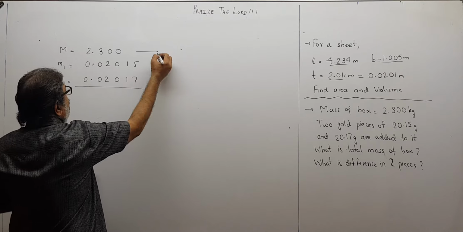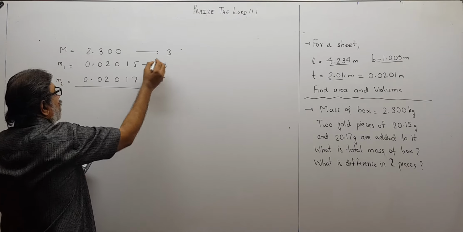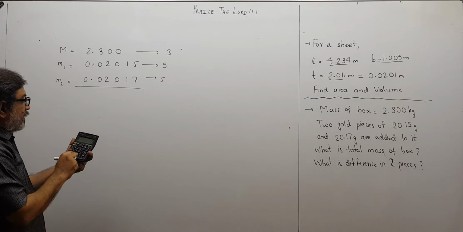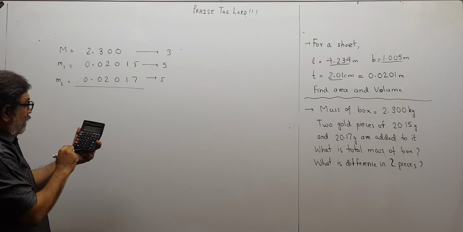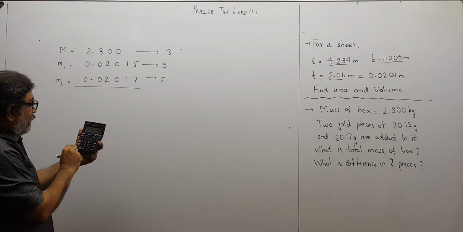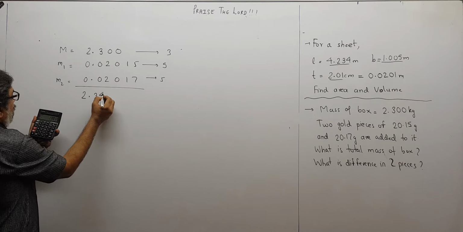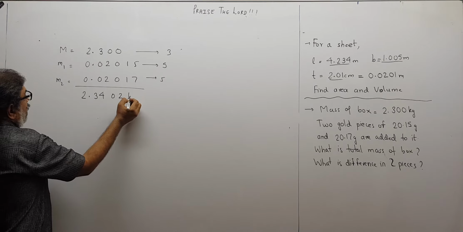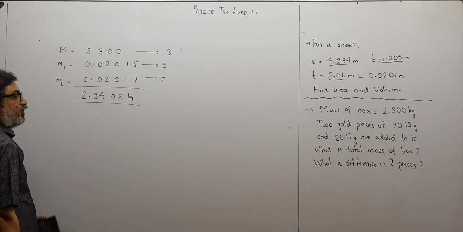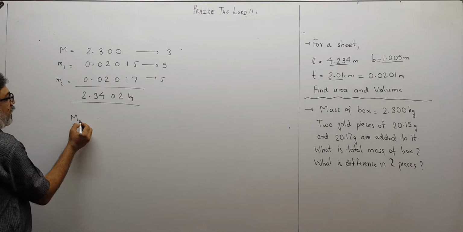Now we add, and when we add, we keep into account total decimal places. There are 3, there are 5, and there are 5 over here. You have to keep 3. So let us add 2.3 plus 0.02015 plus 0.02017. That is coming out to be 2.3402 kilogram. I should give only 3 decimal places. So therefore, the final total mass is